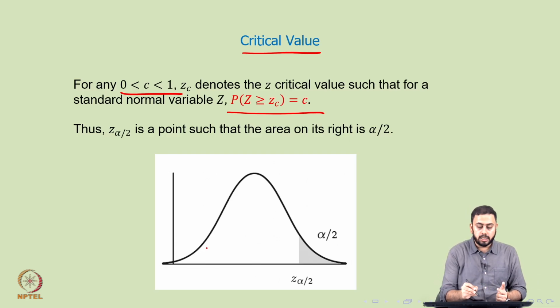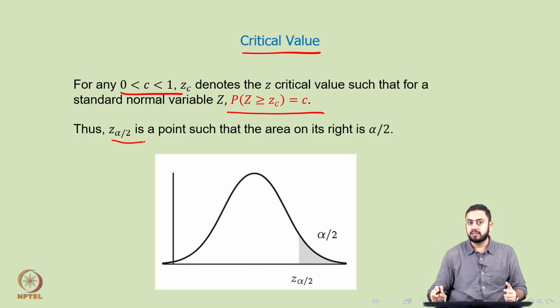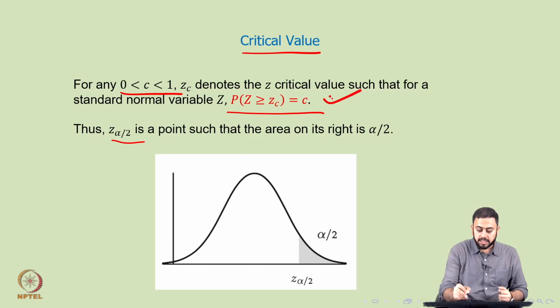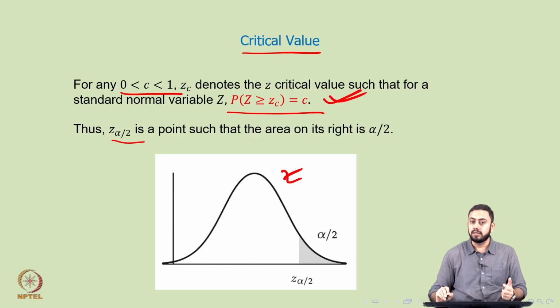Again, this is a visual depiction of that. For example, what do you mean by Z alpha by 2 in that case? Z alpha by 2 would be a point such that the area on the right of that number is alpha by 2. Again we are utilizing this equation here. Let us say this is a Z density curve, the standard normal density curve, and this point here on the x axis is a critical value, and which critical value? Z alpha by 2. Alpha by 2 is the subscript, which means that the area on the right of that point should be nothing but alpha by 2.